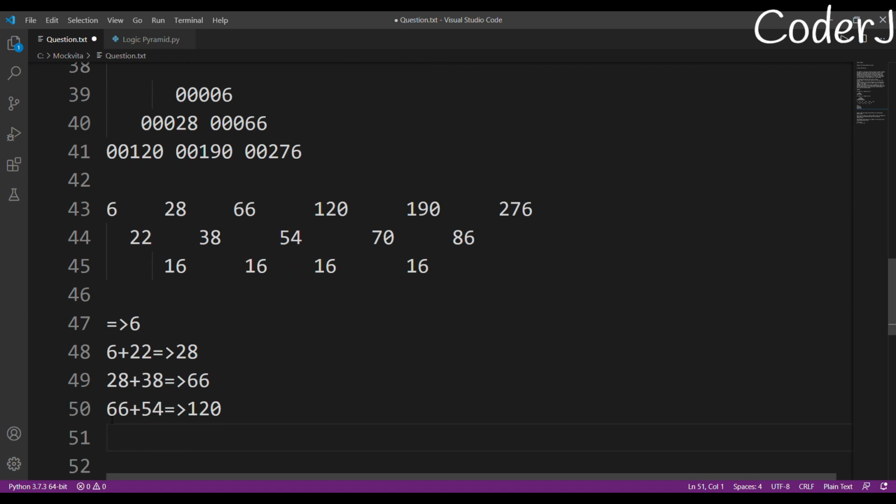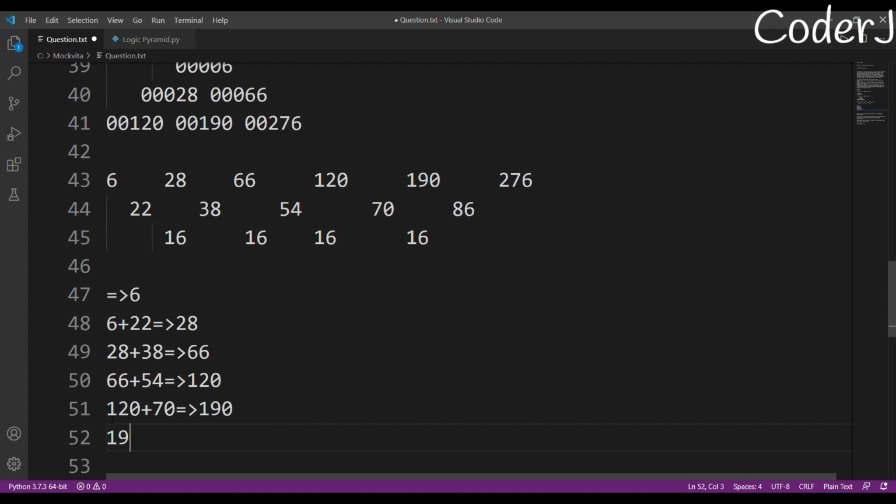And 120 plus 70 will give me 190. 190 plus 86 will give me, sorry, just give me a second. All right, sorry. 190 plus 86 will give me 276.